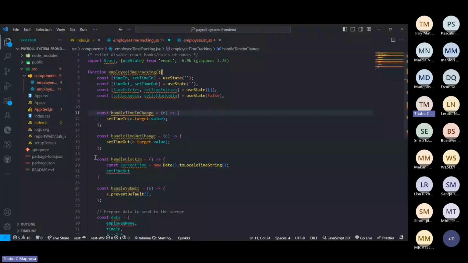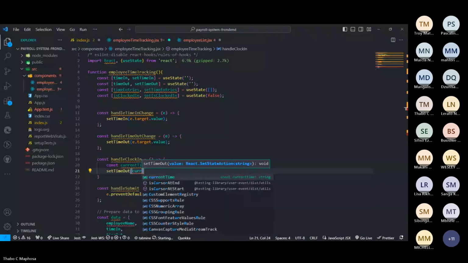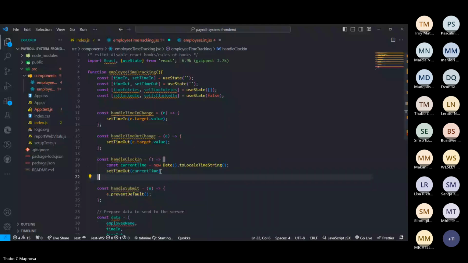Set timeout. Now set timeout, no, not dot. I want to capture the current time. Like that, and then now, and then here I'll say now, if the person is clocked in, you see